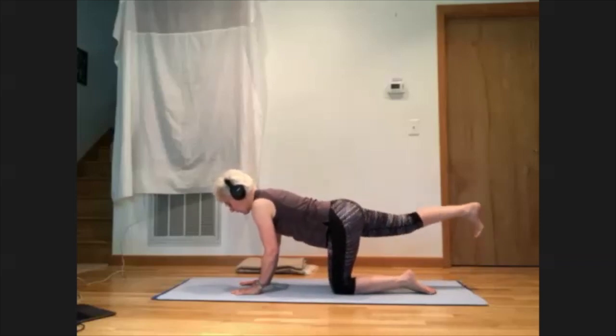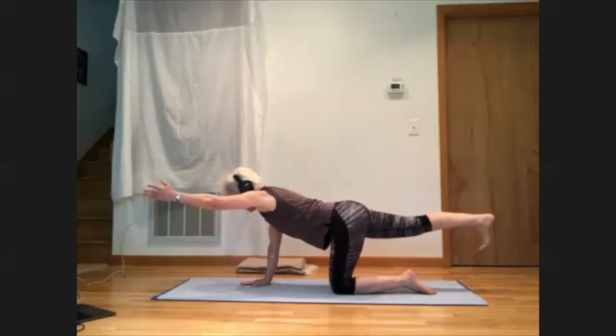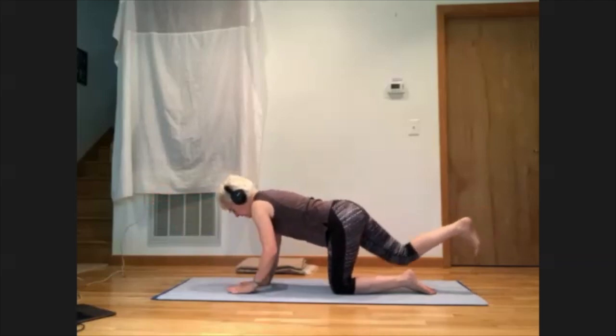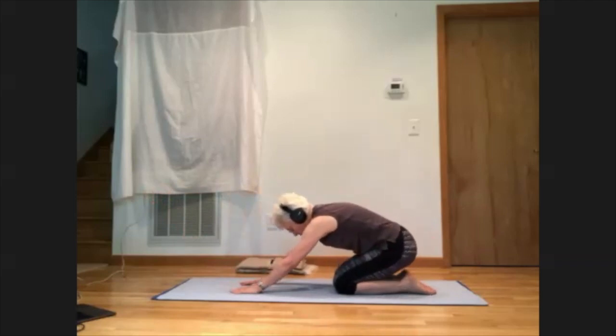And then bring that foot off the floor, and we'll take a little spinal balance here. The right foot raised, leading out with the heel, and the left hand reached up, palm facing in alongside your head. And we'll set that pair back down and take a little break into child's pose, letting the hips come